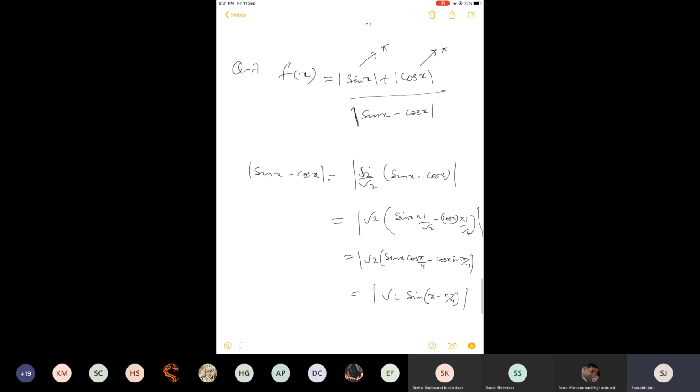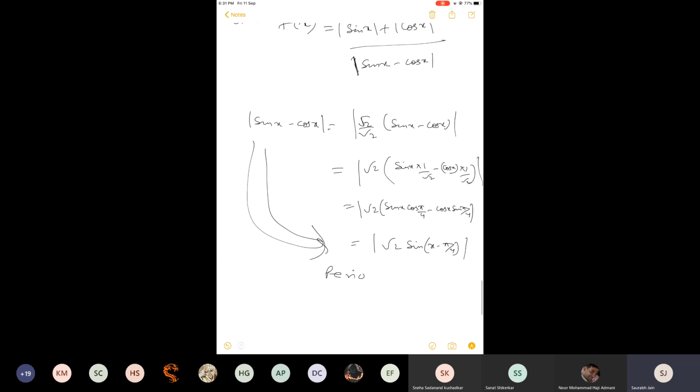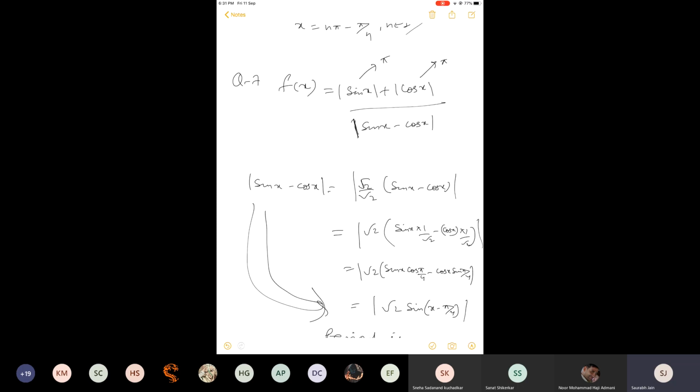Okay, so both of them are the same actually. And now it is very easy to understand that its period is also pi. Why? Because the period of mod sin x is pi, so if I multiply something or subtract something from x, it doesn't matter because the coefficient of x is 1. So its period is also pi. So first of all, you can basically say that the LCM of all the three is pi only.